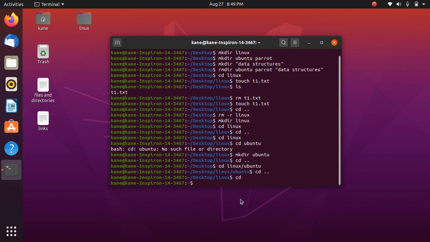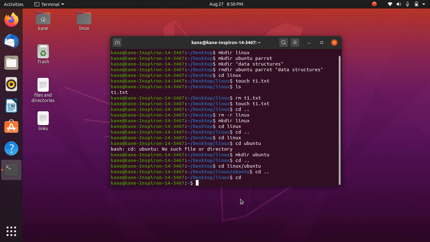Now we are in the home directory. The home directory is also known as the parent directory of any Linux operating system. So in this way you can use the cd command.